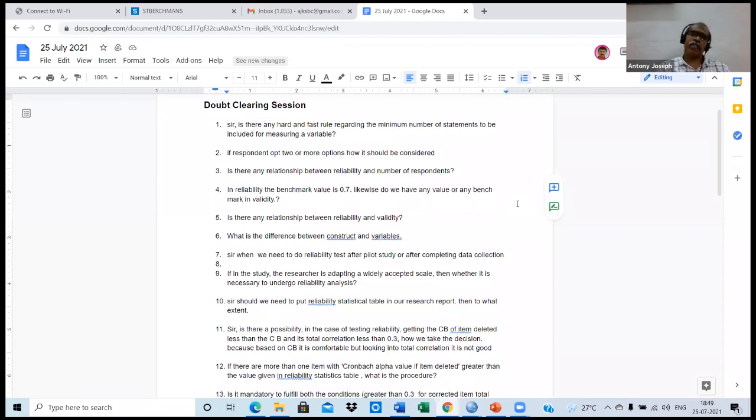which is being cited by so many people. Say, for example, in case of money attitude, there are some scales. In case of personality, the Big Five scale is there. And so many scales are widely accepted across the globe.